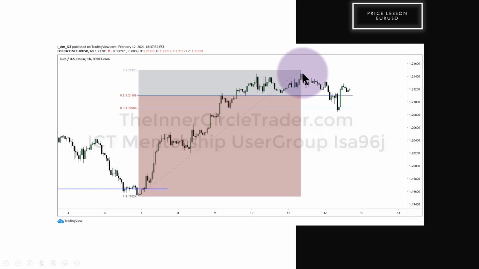Okay, and I'll bring all this together in the teaching as we go along. But for now, just anticipate this much of a retracement. Now you can see it goes a little bit beyond that, and we're going to go into the science behind all that too. But for now, just know that if we're looking at weekly ranges, or in this case, this has been the only expansion so far on the upside for the month of February. So this is, in my opinion, a dynamic dealing range.